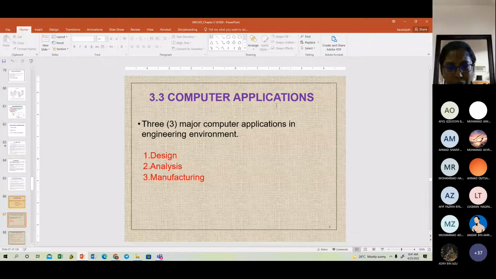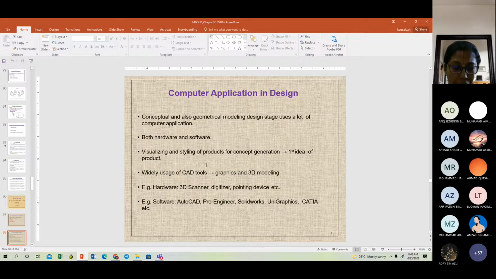So when we look at computer applications, there are 3 major areas where computer applications are important. It's in the design, analysis, and manufacturing, major areas, okay? So the computer application in design, right, what do we have? Application means software, right? So the computer application in design